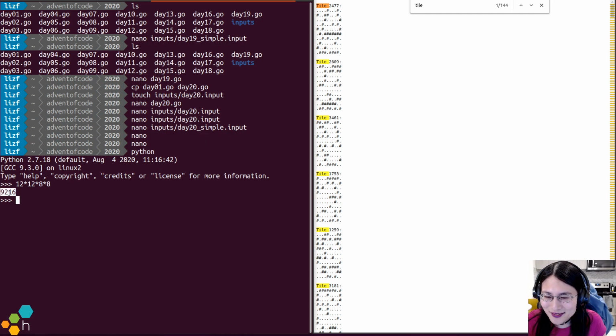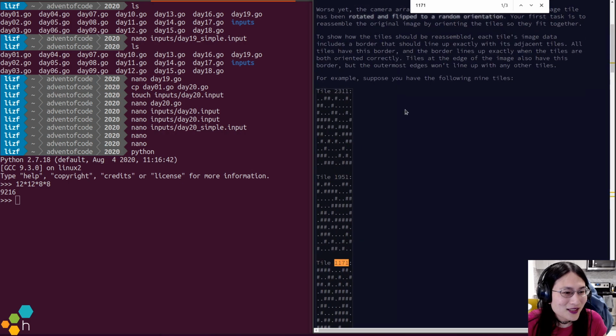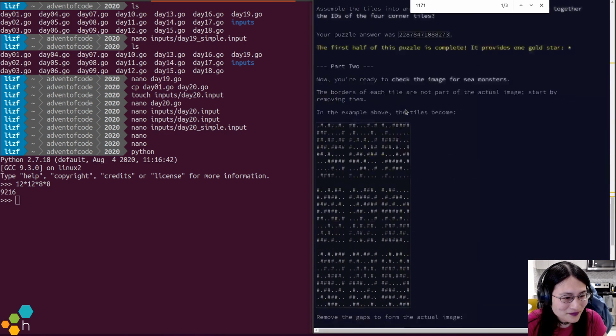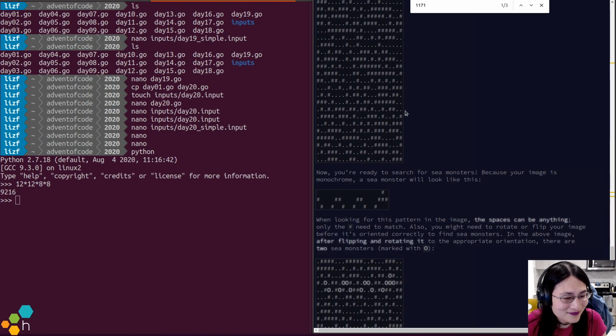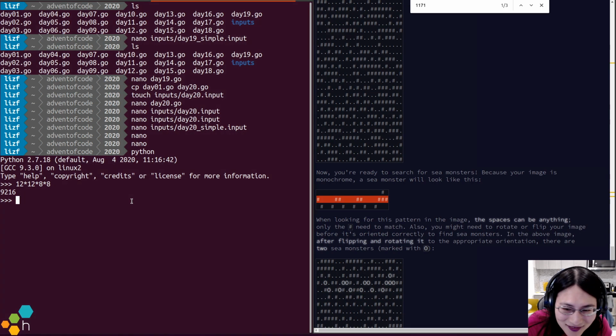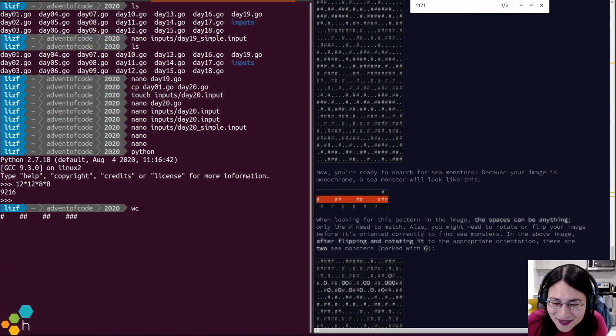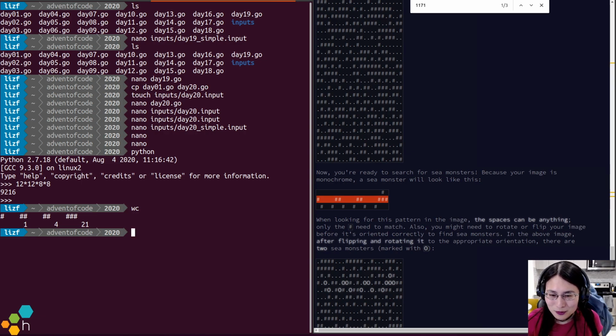So there are 216 pixels. The sea monster image is about 3 by what? 3 by 20. Okay, so the sea monster image is 3 by 20.